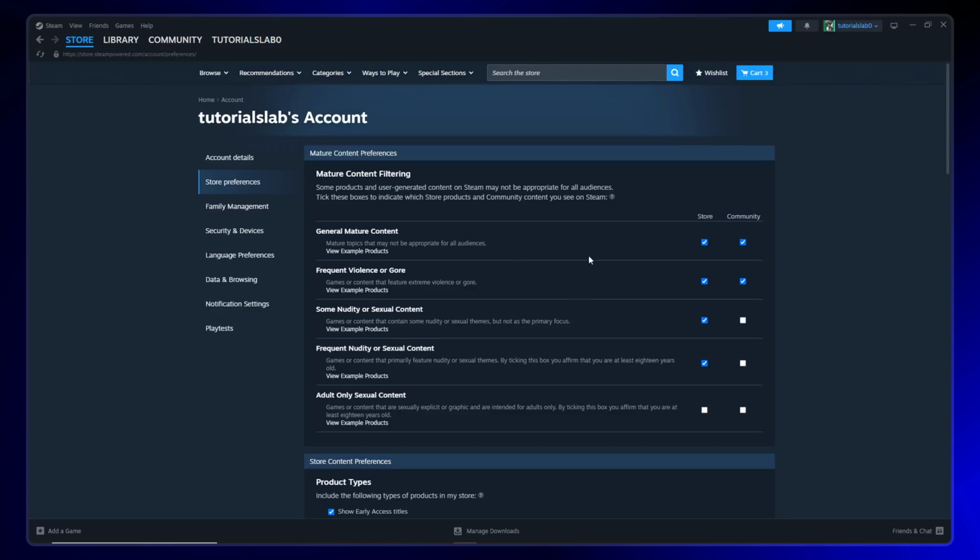Once the Store Preferences page loads, you'll immediately see several mature content options laid out for you. These include general mature content, violence or gore, nudity or sexual content, frequent violence or sexual content, and adult-only sexual content. Each of these categories represents different levels and types of mature content that Steam can filter for you. This system is designed to give you granular control over your browsing experience, ensuring you only see content that aligns